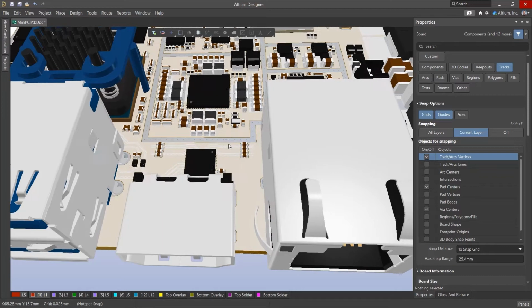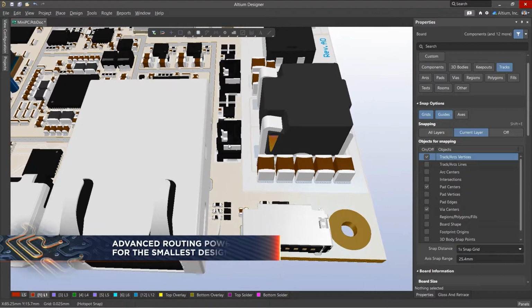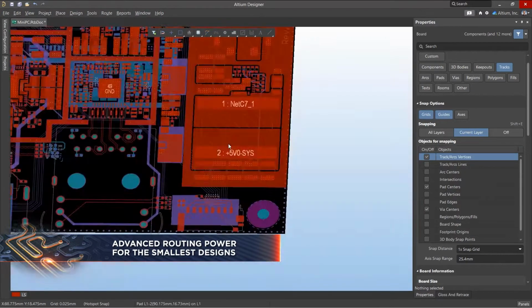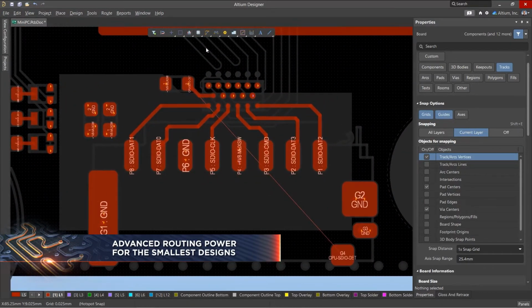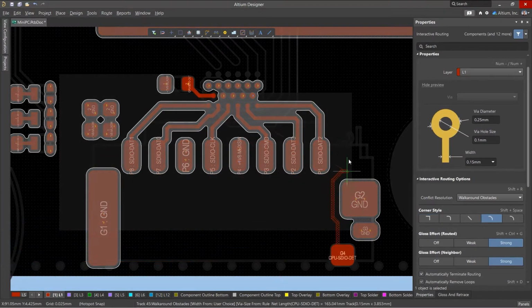The miniaturization of electronics requires a greater attention to topology. In Altium Designer 22, we've added enhanced routing tools that allow you to accelerate and simplify the process of creating these compact devices. You can now automatically add an additional gap between conductors and pads or vias during routing to